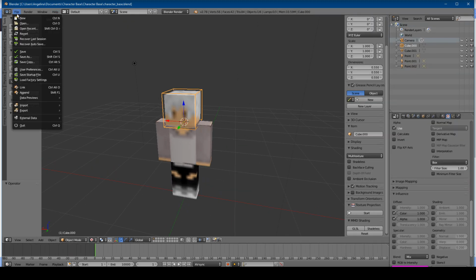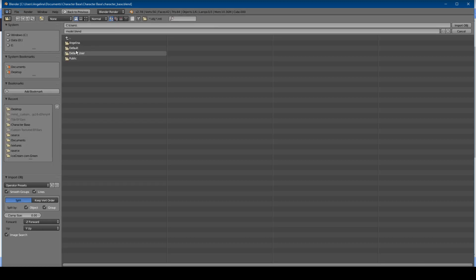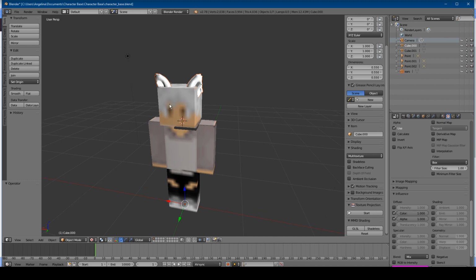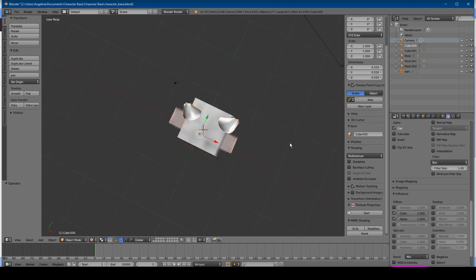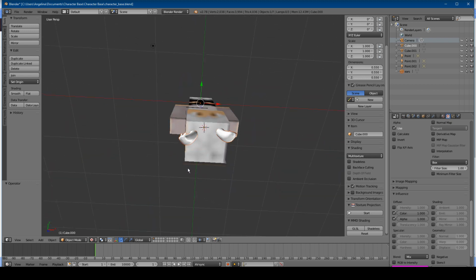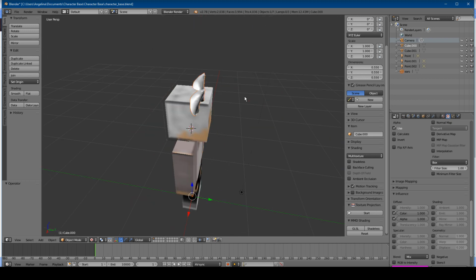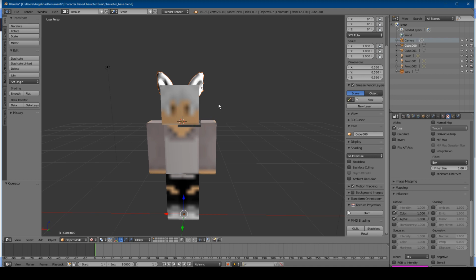We're going to go File, Import, wait for an OBJ. I should have it on my desktop. Here we go: Aphmau ears, source, OBJ. So they look like this. They're already placed and stuff. Slightly, they're a bit crooked, as you can see here. I'm not sure why they are crooked by default,